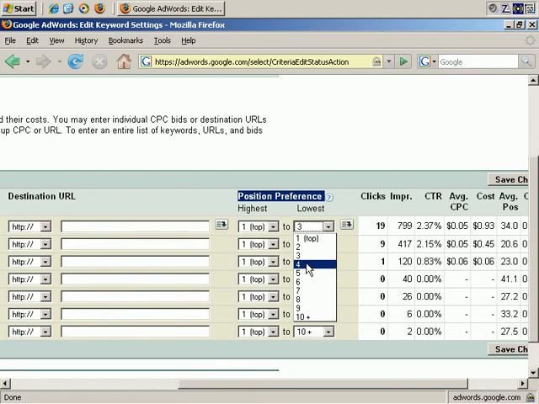So what are the benefits? In a way, it's a means of controlling your costs. If you only want to appear for certain searches, and you don't want to appear too high in the results, and maybe you've found that certain positions are more profitable for you for whatever reason, it's been said that the